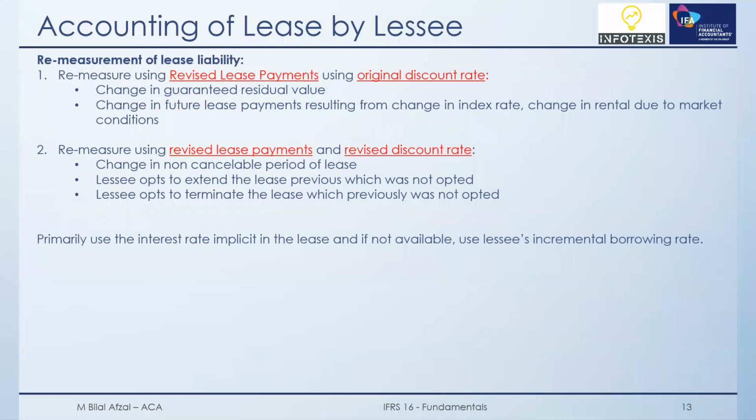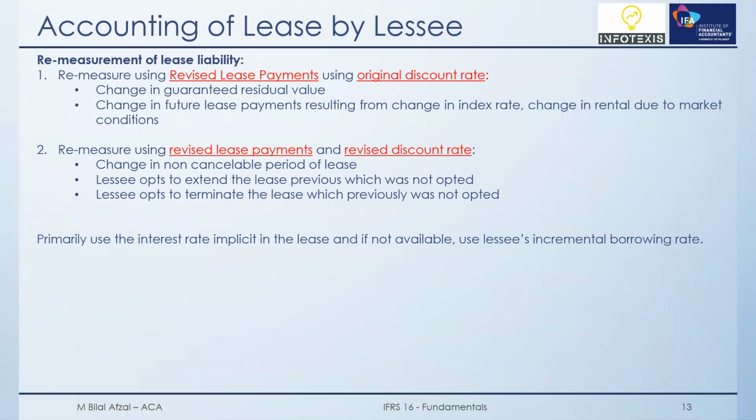The next complication we face in the accounting of leases is the remeasurement of the lease liability. What we mean by remeasurement is that, for example, you took a shop on rental for 5 years. In the second, third, or fourth year, your rental may increase. For example, in the COVID scenario, or just like now, some countries are facing very huge inflation. Cost of rental is going very high. So if some change happens within the lease term which was not part of the original agreement, the standard says